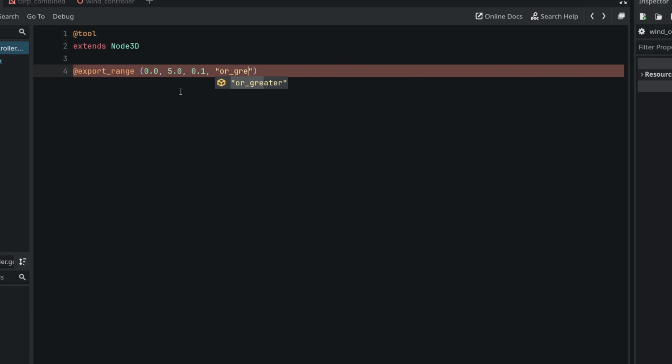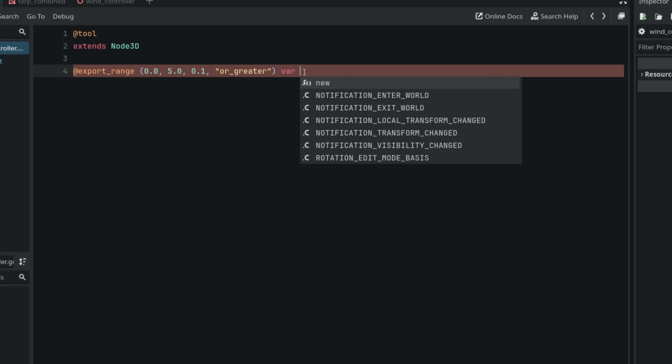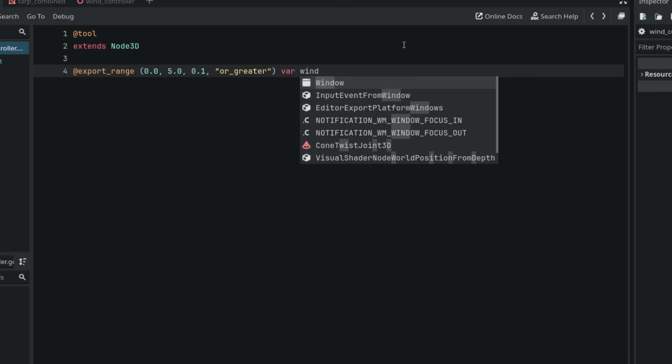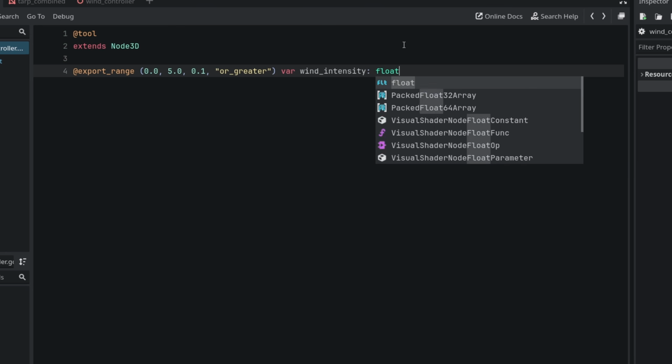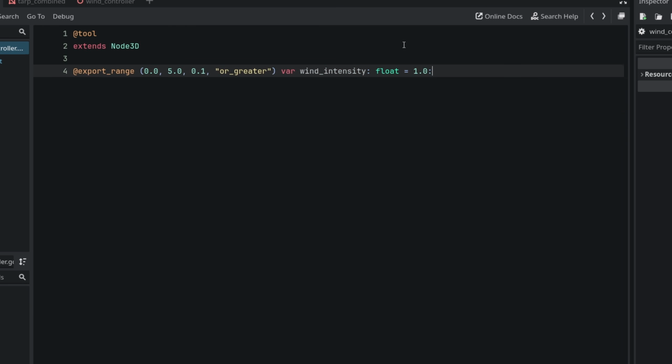So I'm going to do type or greater. So now our slider will be between 0 and 5, but we will also be able to type in a higher value. I'm gonna call this var wind